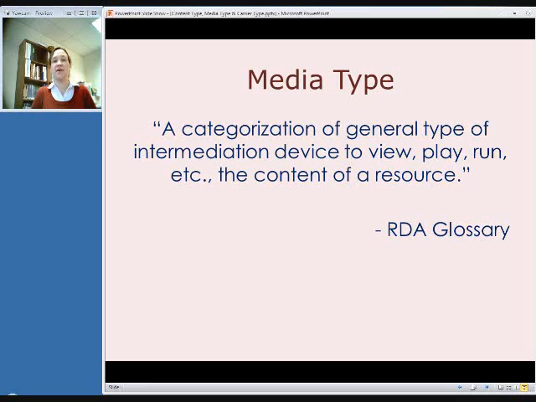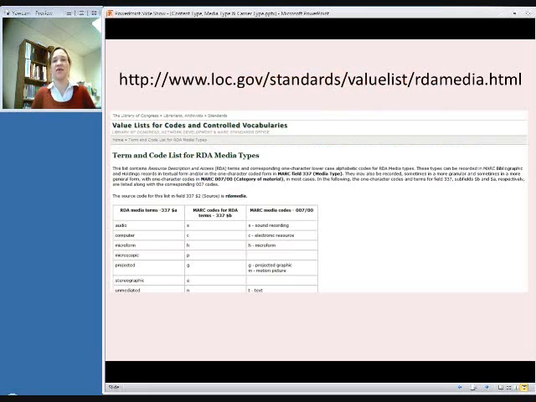The media type is sort of more specific than a content type, and it's defined as a categorization of the general type of intermediation device to view, play, run, etc., the content of a resource. So we're starting to get into the physical carrier now, but still not the most specific level. It's sort of an intermediate description that works along with the carrier type to describe what the physical item is that we're working with. And again, there is an approved list of terms for this one.